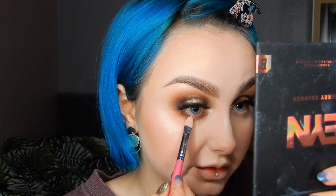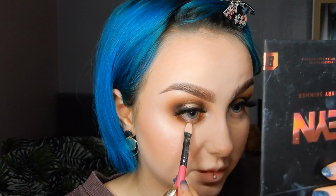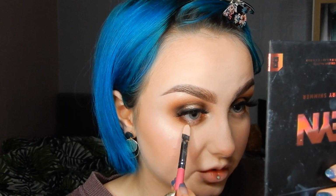So you could essentially leave it like that and just keep it smoky, or you can add the halo in the centre, which is what I'm going to do. So I'm using the P. Louise Eye Base again and the PC40 brush, and just taking a little bit of that concealer and patting it on the centre of my lower lid. And I'm just blending it down slightly into kind of a triangular shape, but I'm just going to blend it with my finger,